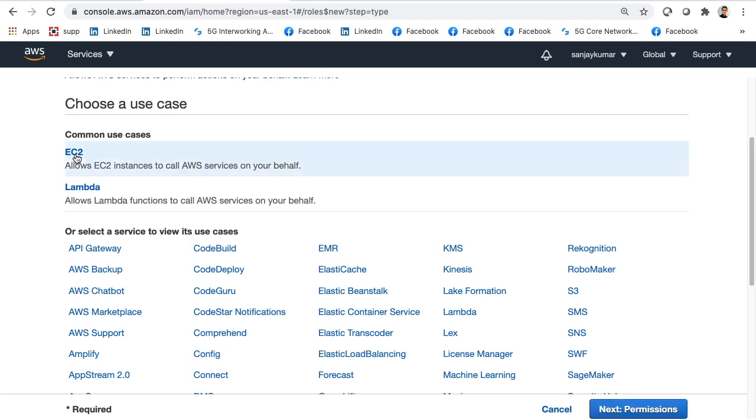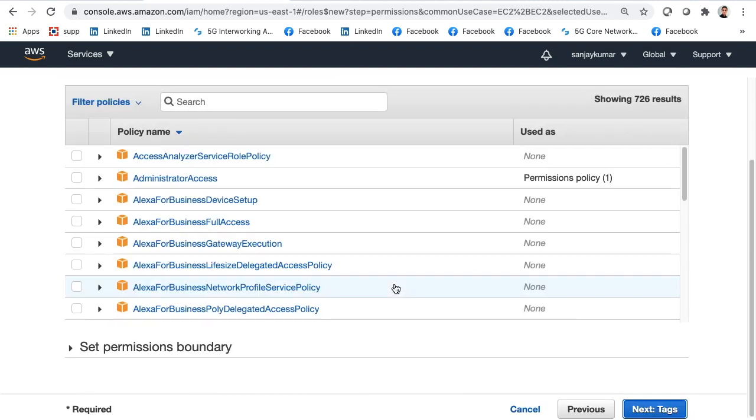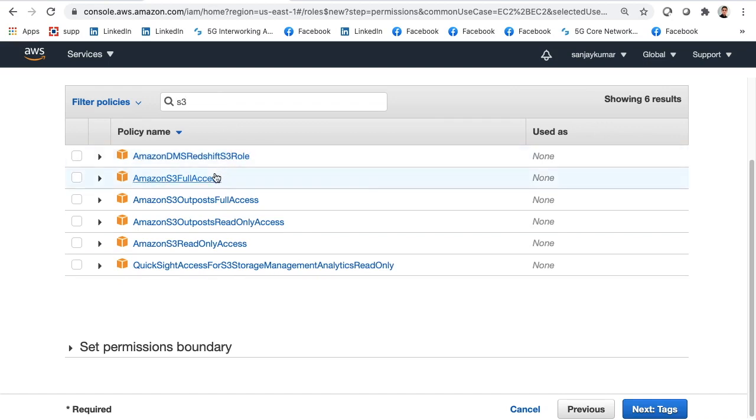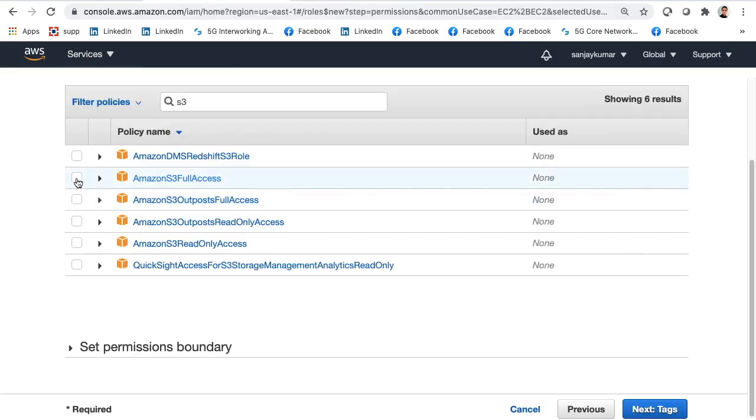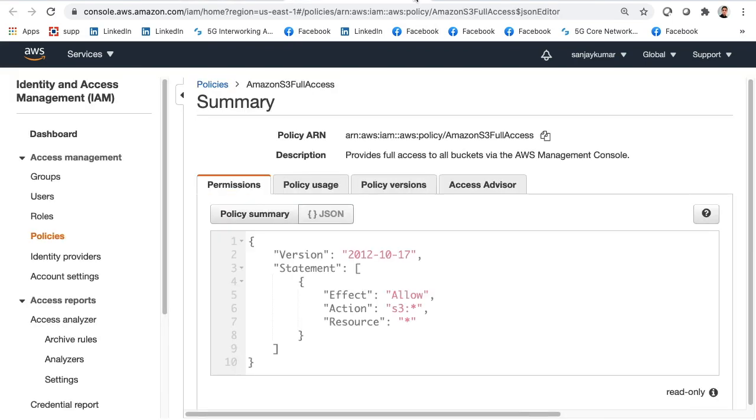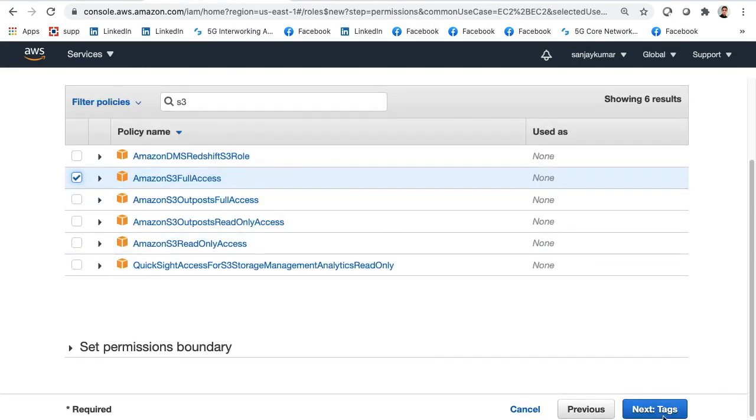I'll go with this. Next, what permission do I want to give this particular role? I want to allow S3 full access, so I will select it here. I want to give S3 access to EC2.